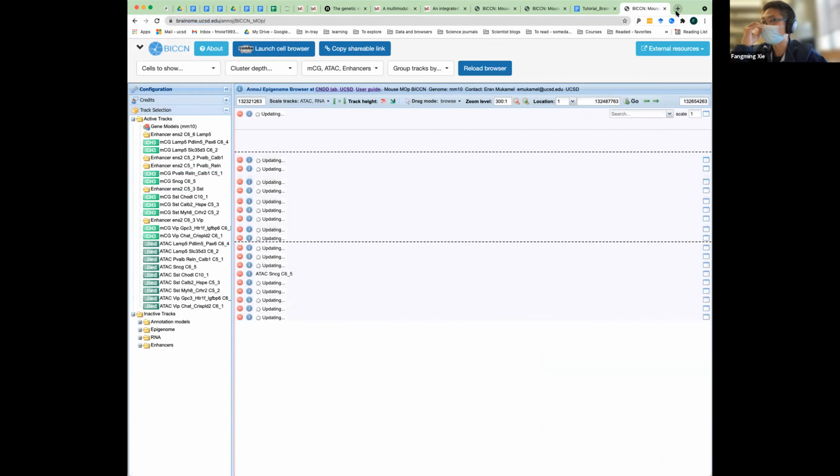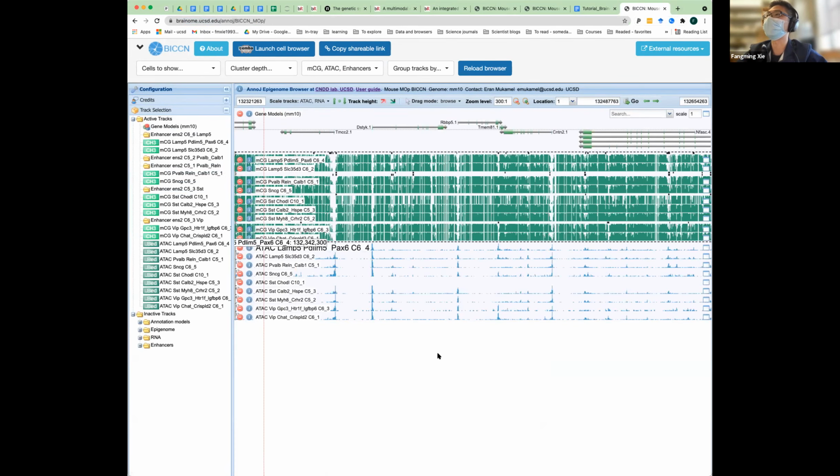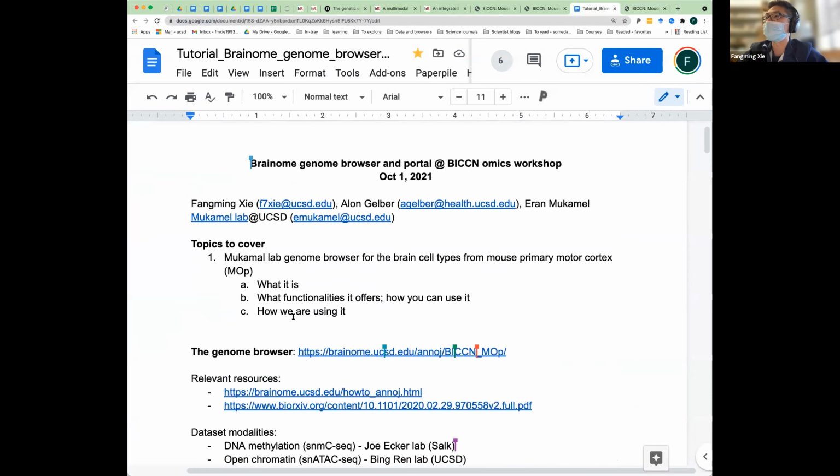And then you come to this browser, and this is the entry page and the default view of this browser. I'm going to show you step by step. First of all, what it is. It's obviously a genome browser, but what does it contain?